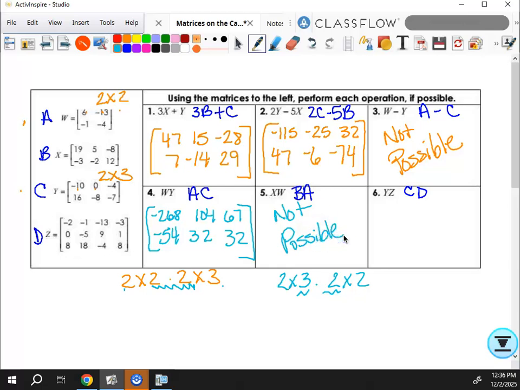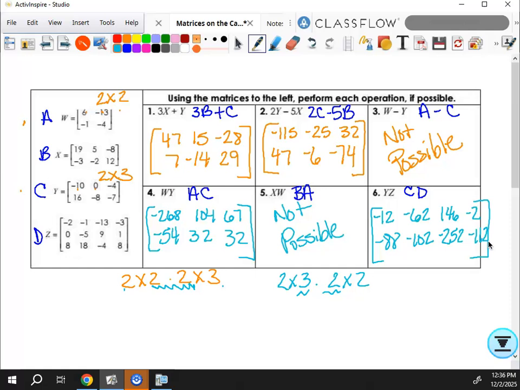Okay, and then here, if you do this one, this is what you should get. So make sure you get this. That's a negative 112 if you can't read it. All right. Are we all okay on what to do with all these? Okay, so then I want you to